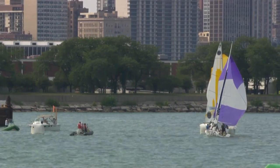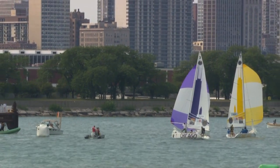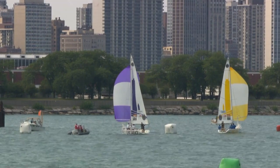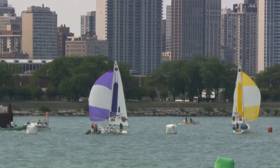And it is Taylor Canfield coming down the run. He was on the ropes coming into this final match. He had to win this to stay in the competition. And he is out in front, coming down towards the pin. Swinton has jibed,